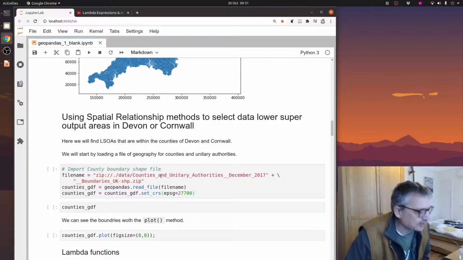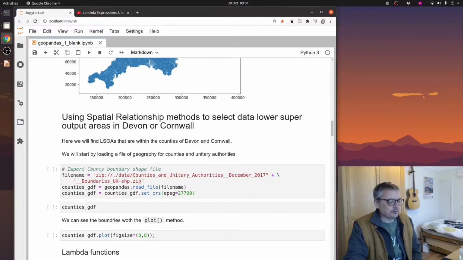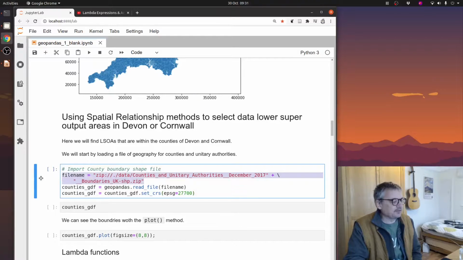Let's have a look at it. It's shape files of counties and unitary authorities in England. Yeah, I think it's just England. So we're going to do exactly the same. We're going to give it the file name. It is a zip file, so we tell it. Things like this, you know, not expecting you to remember what to do. Here it is as a reference, and then you just copy and paste this type of thing and change what